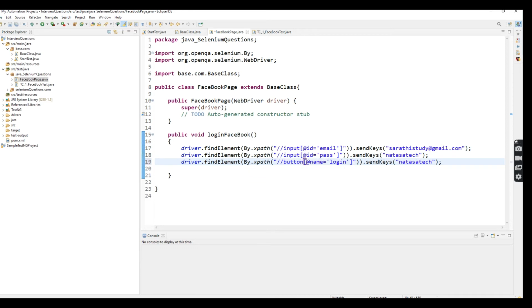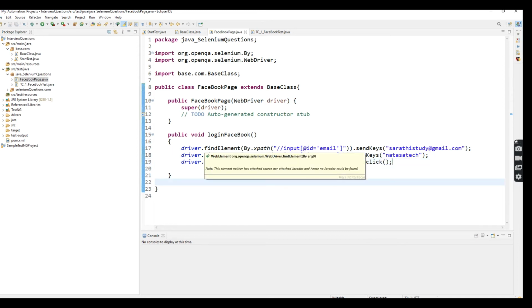Okay, this XPath. So the button action is click, right? I'm using click. So here I've created one method. Why? Because in the Facebook page I'm going to perform these three steps. These three steps I created under this method, which is the loginFacebook method.